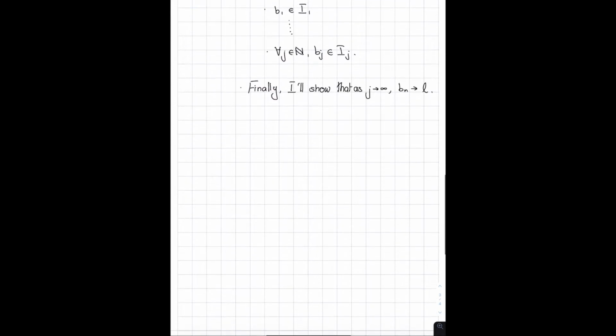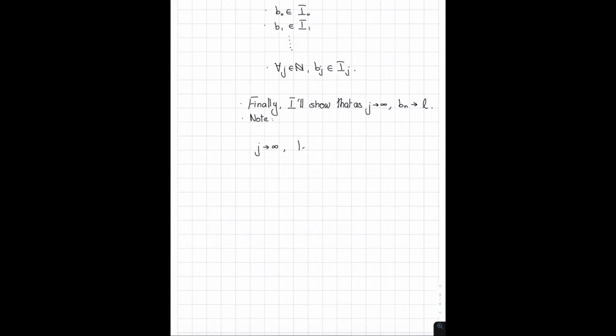So note that as j tends to infinity, the length of the interval I of j tends to 0,